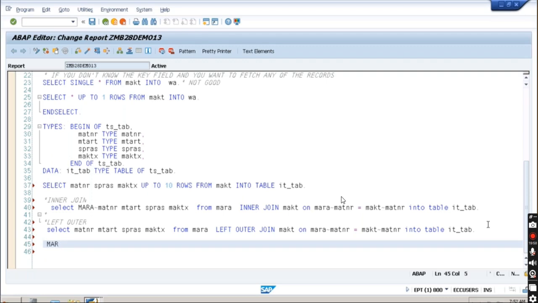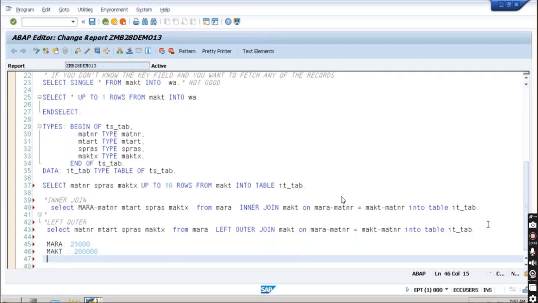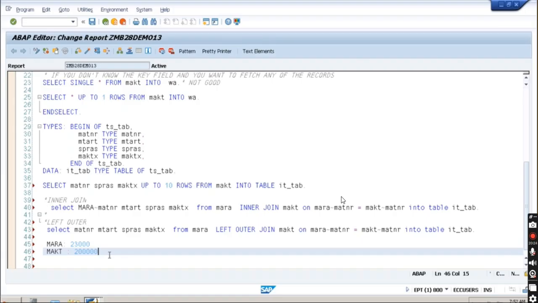Let's suppose a rough figure. MAKT is having something like 2 lakh records. So now if we're going to put the left outer join from MARA to MAKT, and the relationship between MARA and MAKT is a 1:n relationship. So after this left outer join,